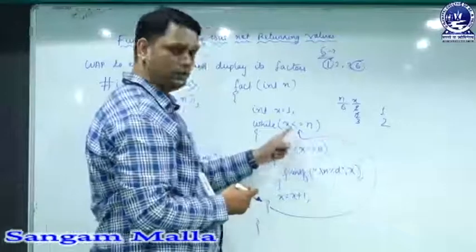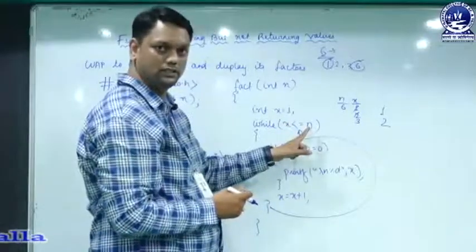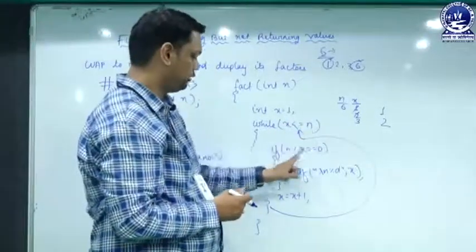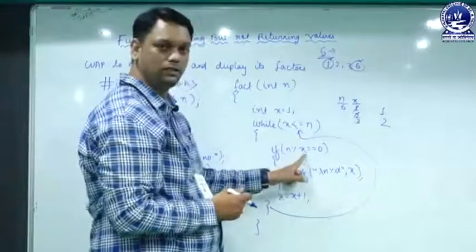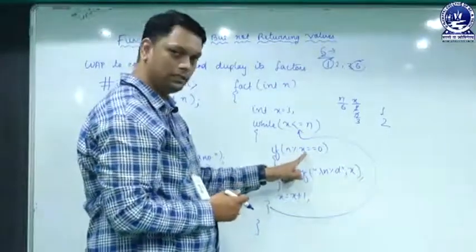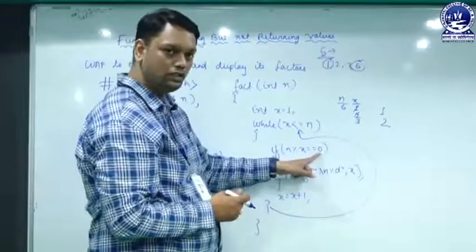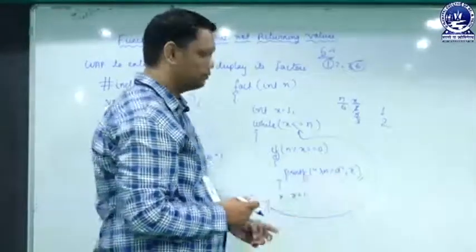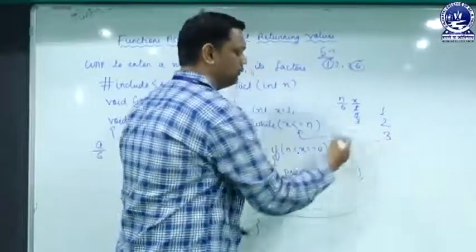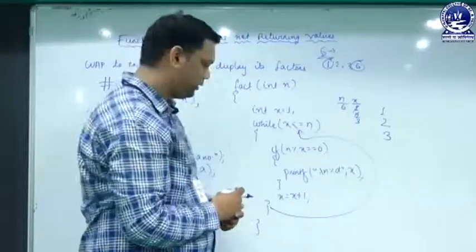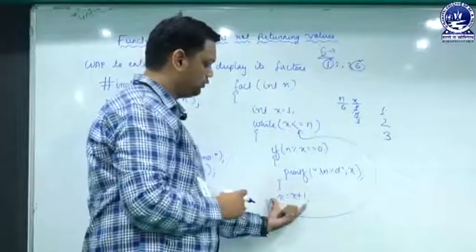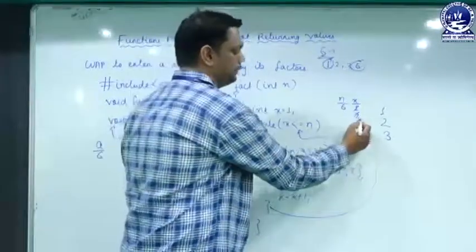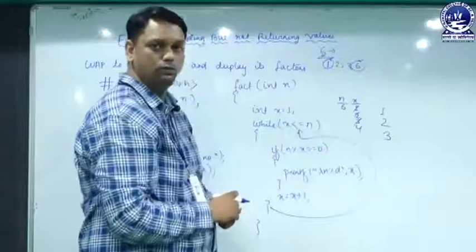So it will come over here, 3 is less than equal to 6, yes, true. It will come over here, 6 is divisible by 3, yes, true. 6 is divisible by 3 and the remainder is 0. So the condition is satisfied, it will enter the block and print the value of x. What is the value of x over here? It will print the value of x, that is 3. When it comes to x equal to x plus 1, the x value will be incremented by 1 and it moves to 4.